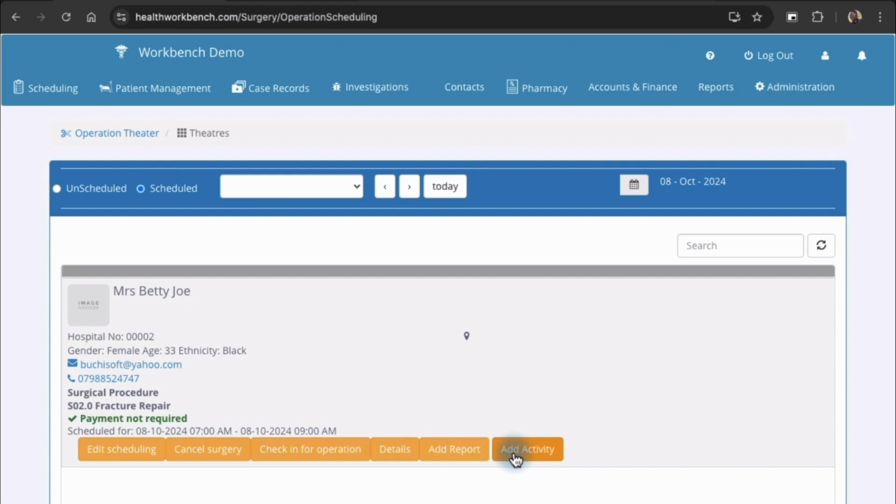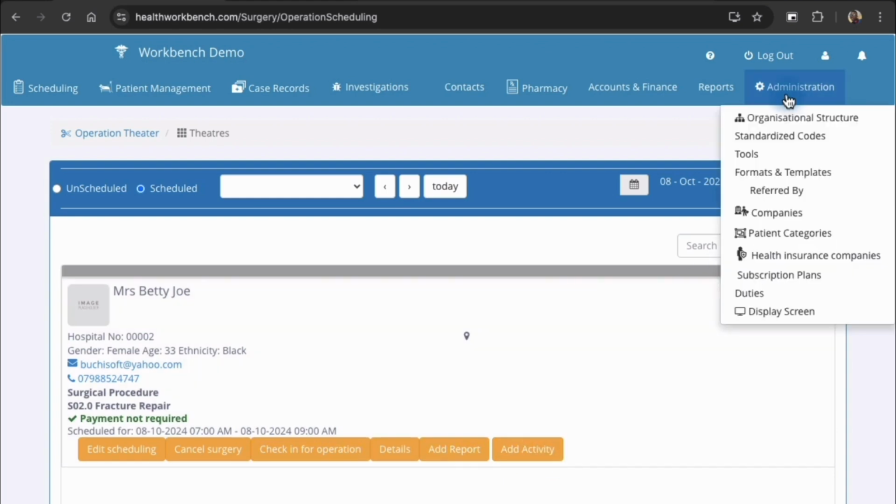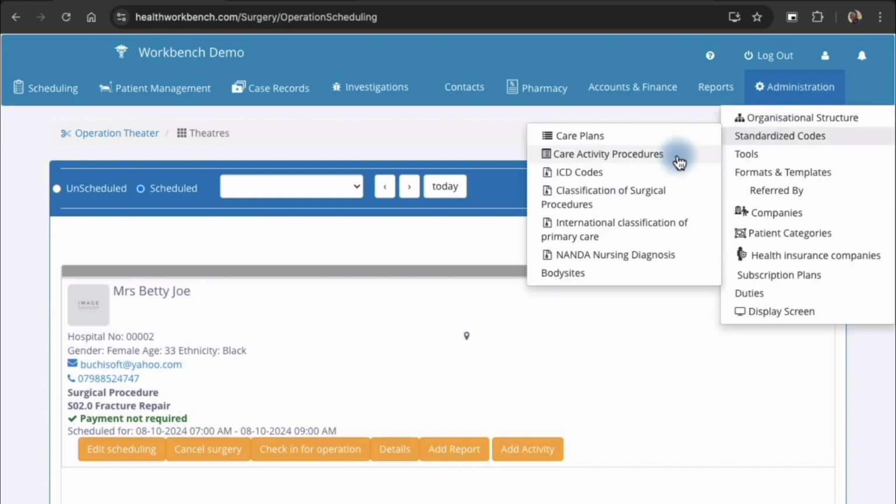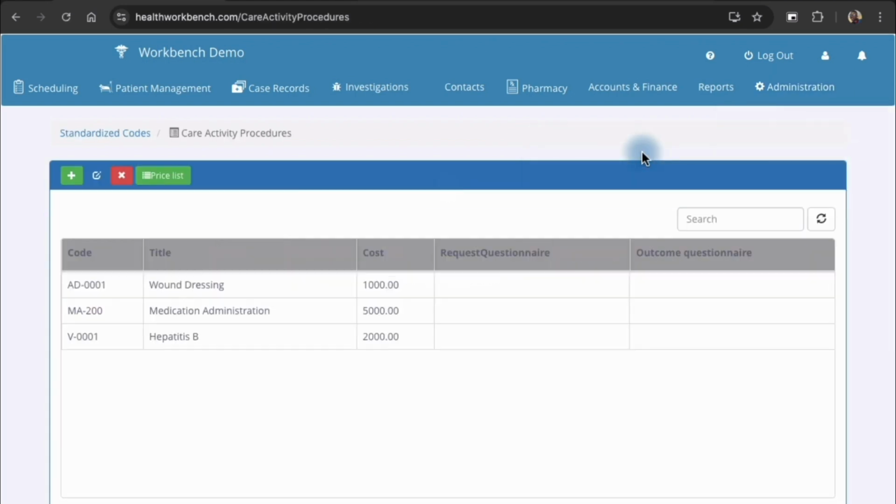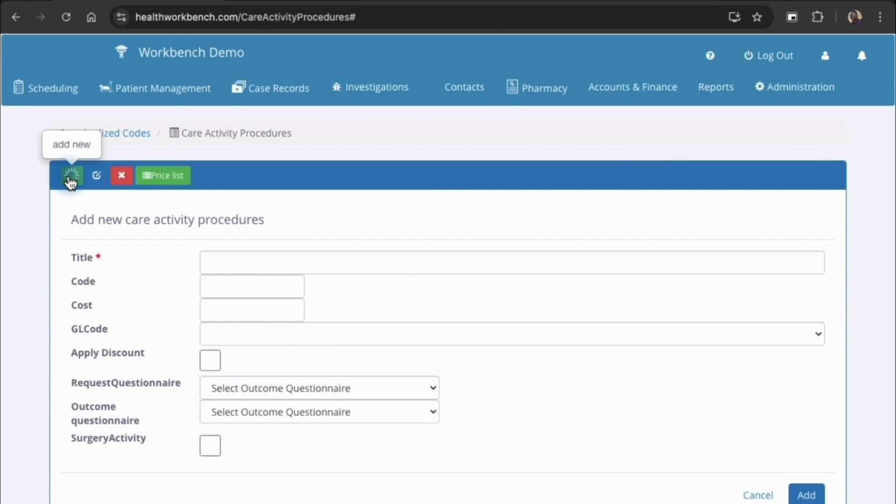Surgery care activity procedures are a range of activities that occur before, during, or after a surgery procedure. Under the Administration module, we've discussed how you can set up different activity procedures. For the purpose of this demonstration, let's create an Operation Care activity, and then we can add it here. Click on Care Activity. Let's add a new procedure. Let's say surgical preparation. Preparing the patient for surgery, which can include skin cleansing, anesthesia administration, and positioning. For the code,